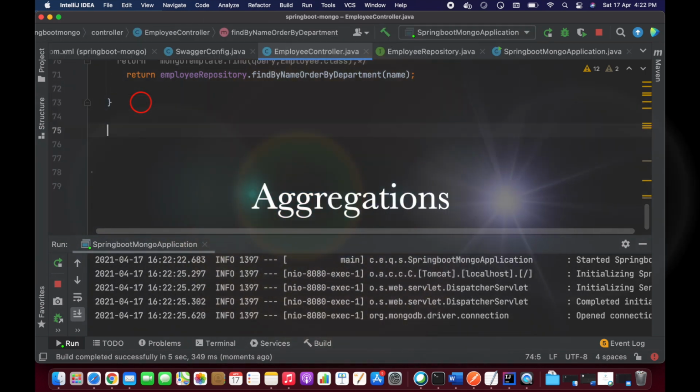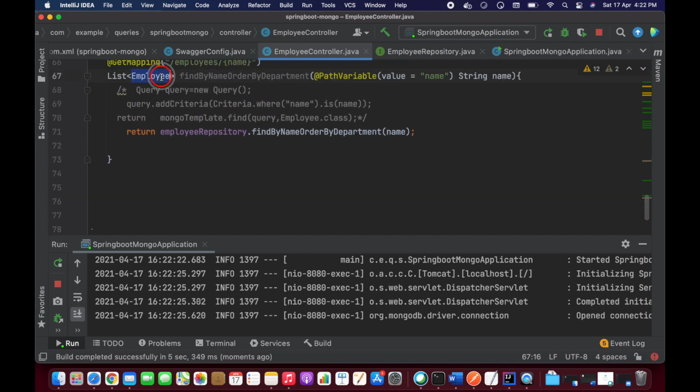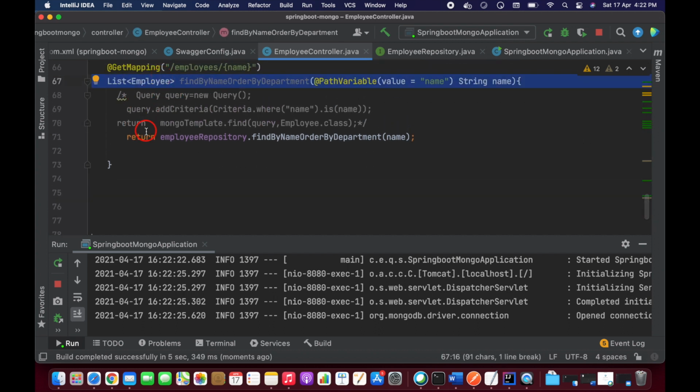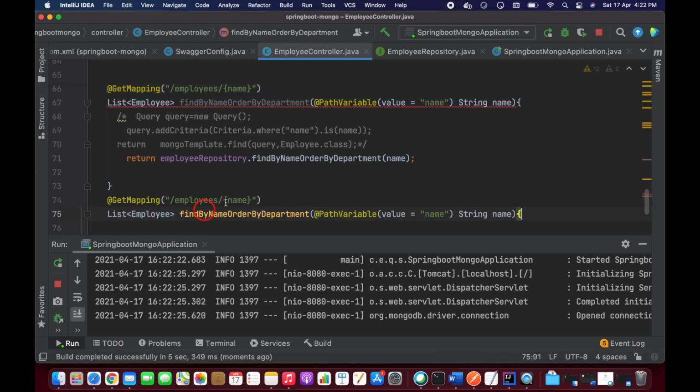Finally I'm going to use aggregations, guys. So I'm going to show how we are going to use the aggregation. Let's copy this. I'm going to write the aggregation match here. So this would be the int aggregation here.